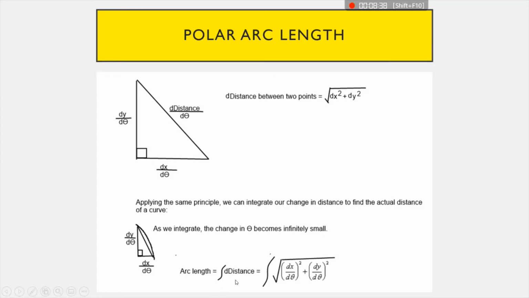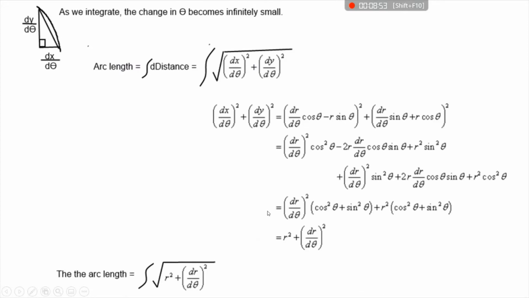So if I integrate the change in the distance, I'll get the arc length. That change in the distance would be equal to the square root of dx over d theta squared plus dy over d theta squared. So if I integrate both sides, I'll end up with this. For the inside of this square root function, I've got dx over d theta squared plus dy over d theta squared. Since